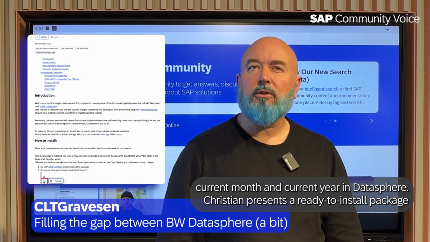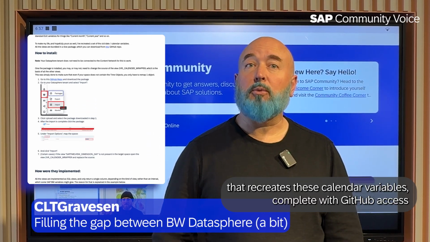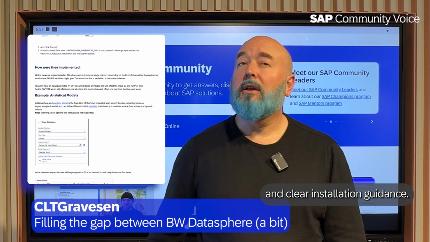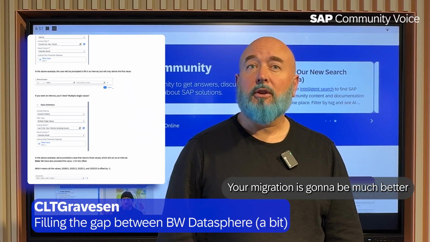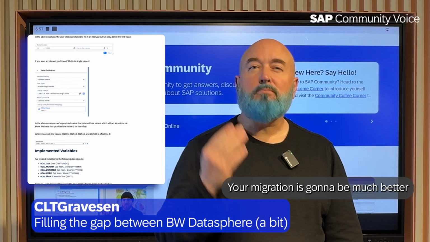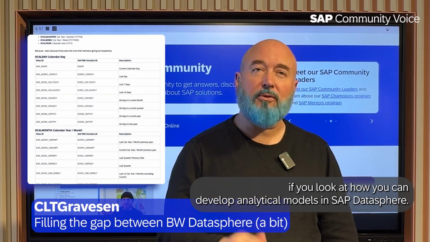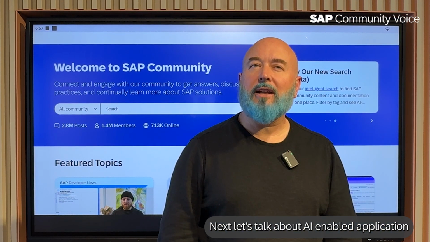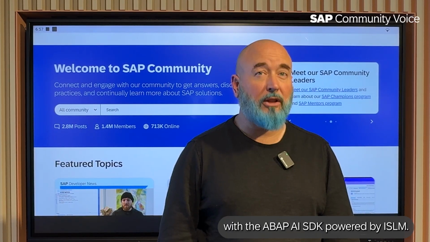Christian presents a ready-to-install package that recreates these calendar variables, complete with GitHub access and clear installation guidance. This is a very practical resource for anyone working on BW. Your migration is going to be much better if you look at how you can develop analytical models in SAP Datasphere. So good luck.